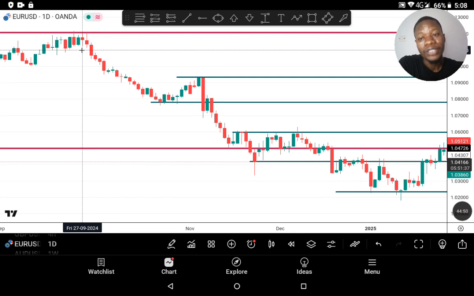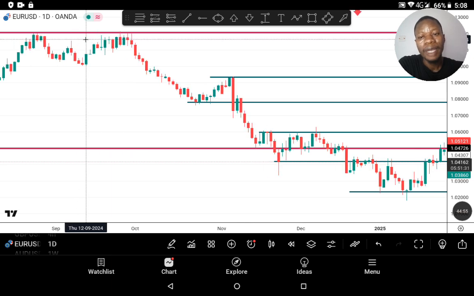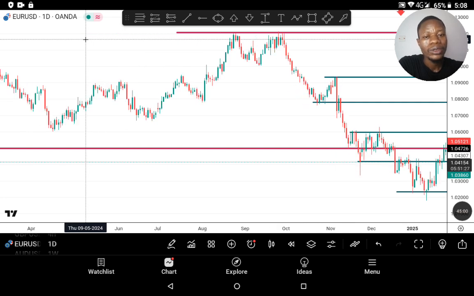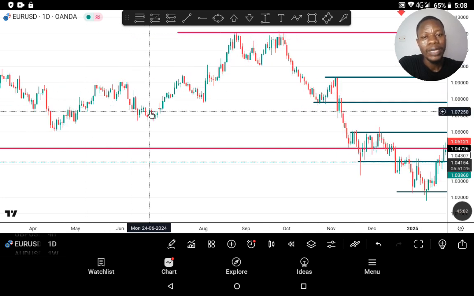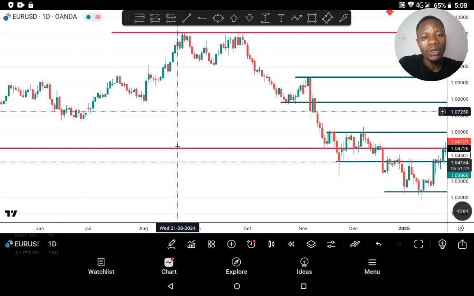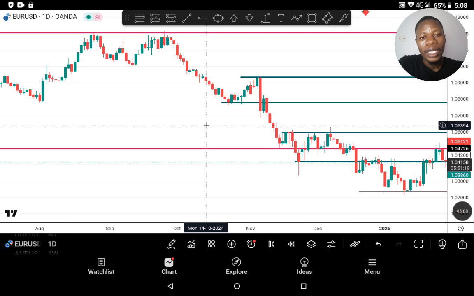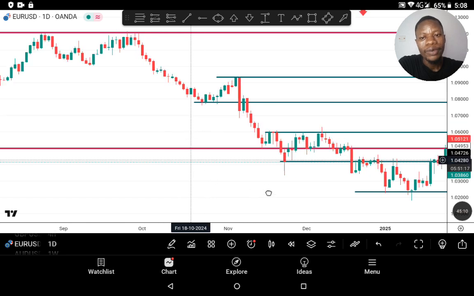price action in the market between the buyers and sellers and the outcome. Now I've already drawn my levels. If you know the way I analyze, the first thing I do is draw out my levels from higher time frame to lower time frame. So on the weekly time frame, you can see that we have a resistance here,